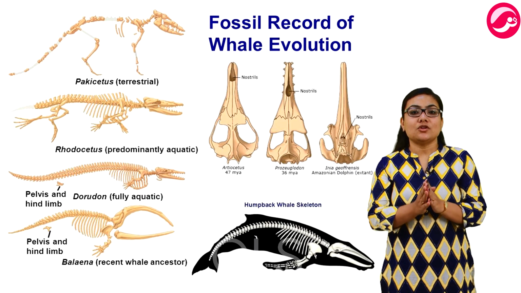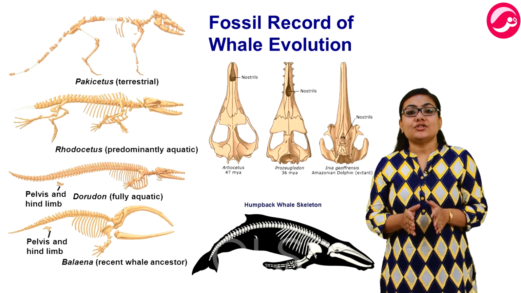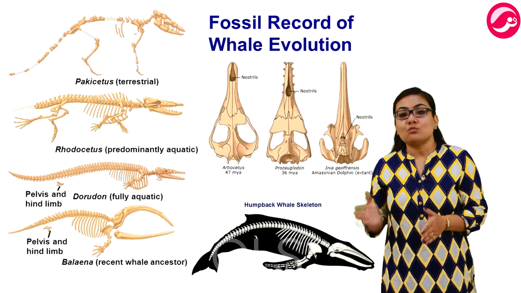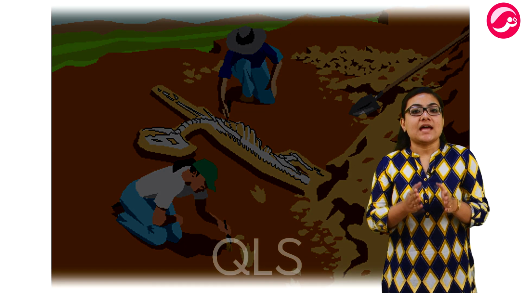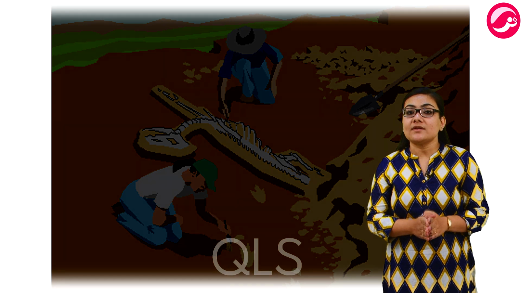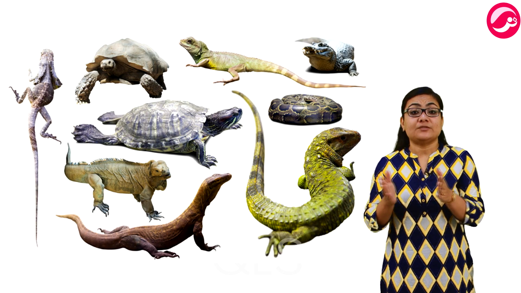The comparison of fossils and present-day organisms gives the evidence of evolution. It shows how one species gave rise to another species with certain modifications. Paleontologists have found the fossils of dinosaurs that lived in the Jurassic period about 200 million years ago. These have some features similar to the reptiles present today.